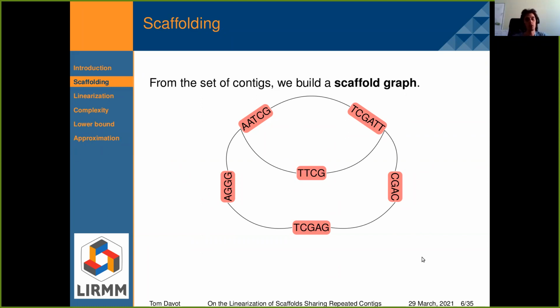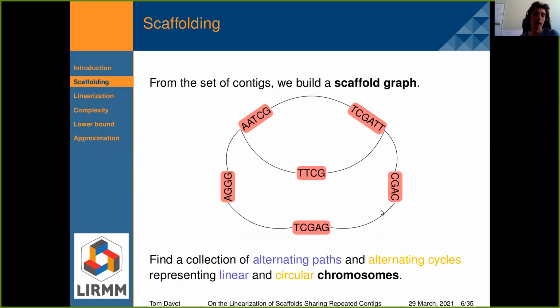Now I will use information I have on the organism I study to reconstruct the original sequence. For example, if I know that my organism has one circular chromosome and one linear chromosome, then I will search in this graph for a collection of one alternating path and one alternating cycle.